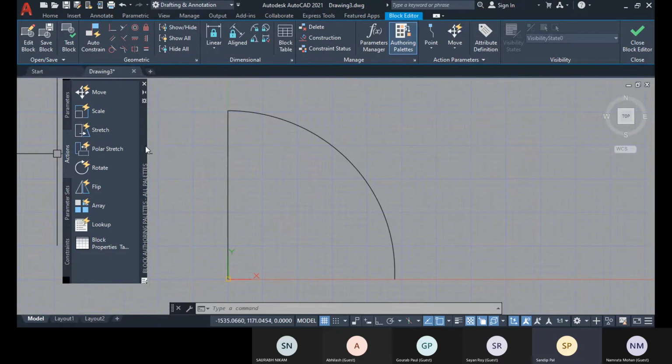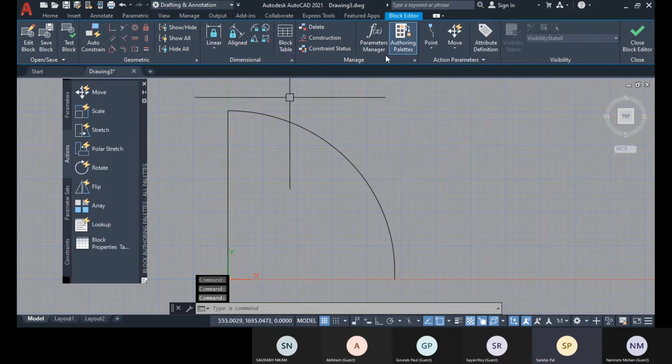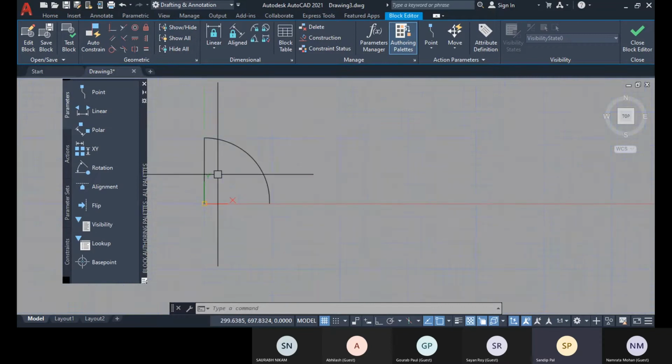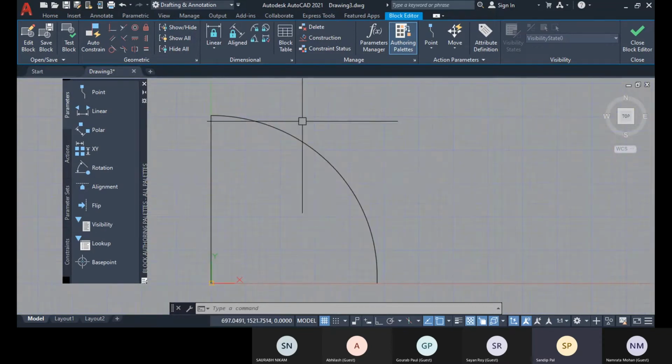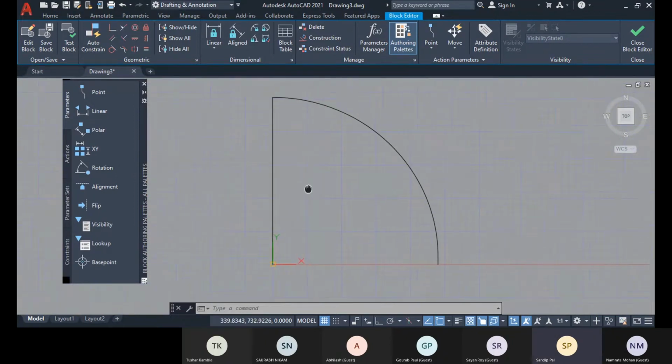So let's look at this. We have the authoring palette on. You can uncheck this option, authoring palette, and with this check you have the authoring palette. Now we first have to provide the parameter. For doors, what parameters do we need?